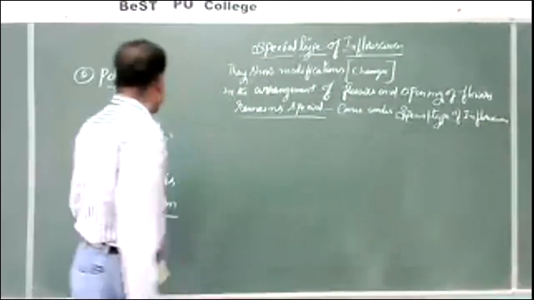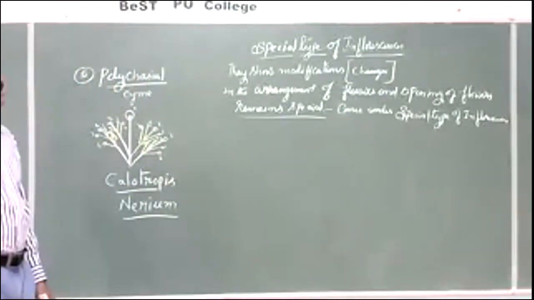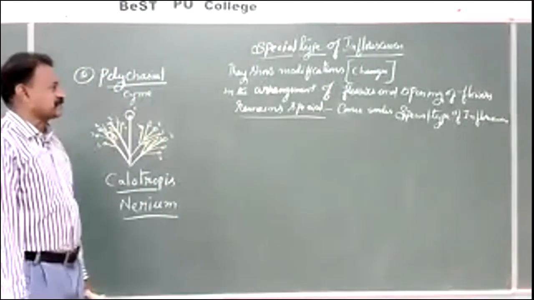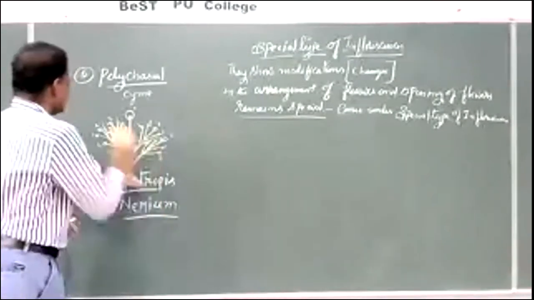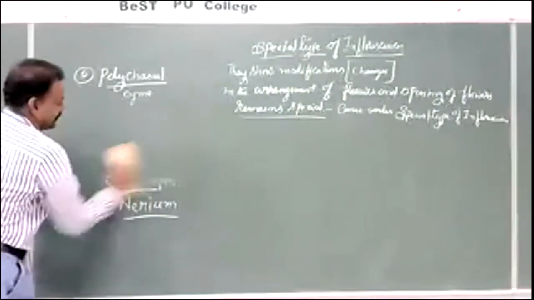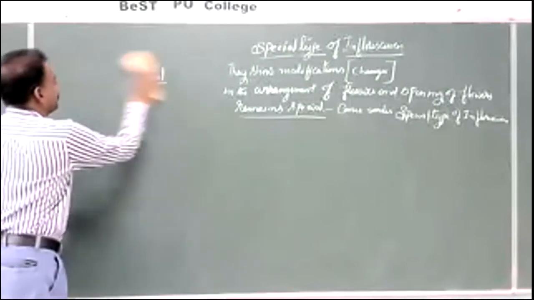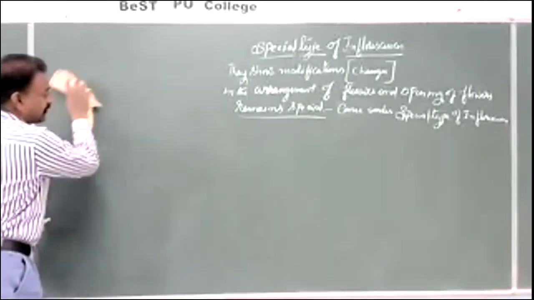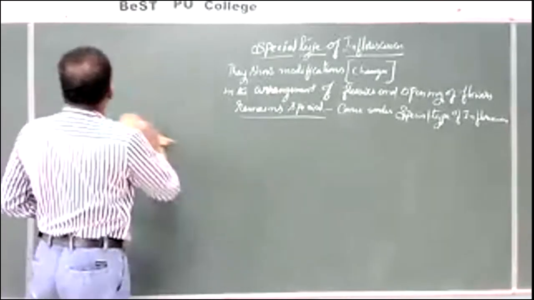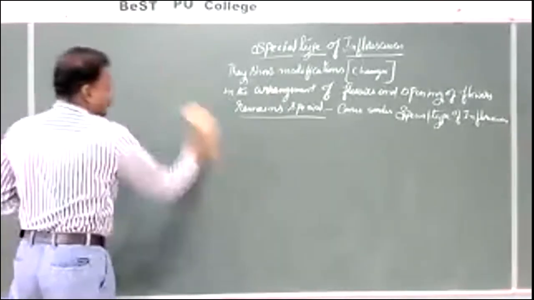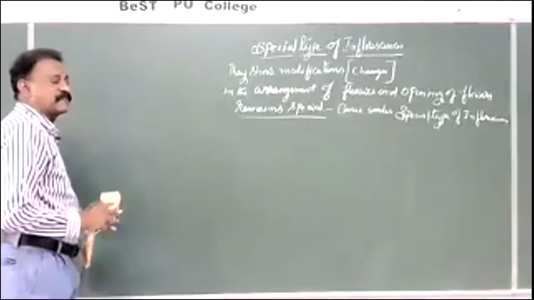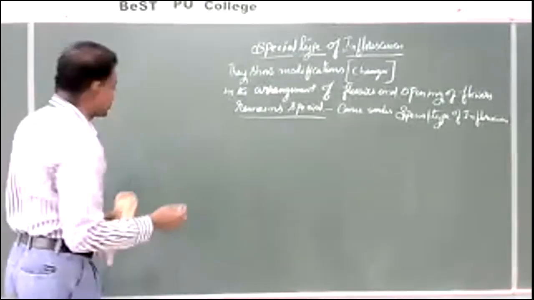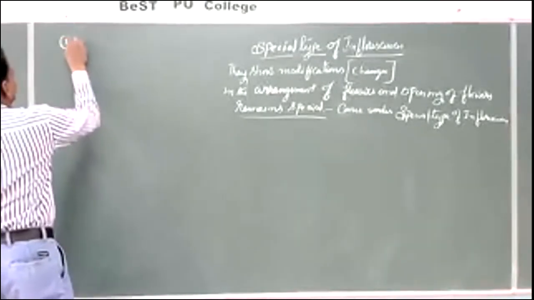So, a simple definition: a special type of inflorescence means one showing some changes. Let us see. As per the scientific record, many special types exist, but very few are studied as part of the syllabus for the PUC standard or for any national examinations. They are, first one,